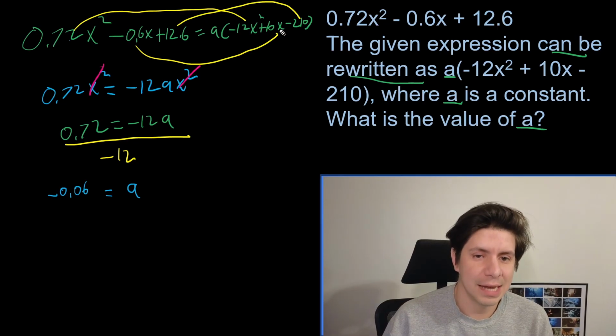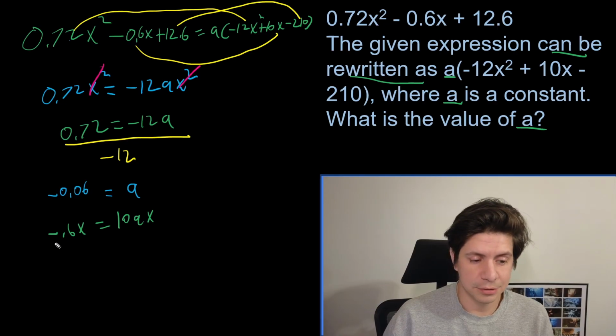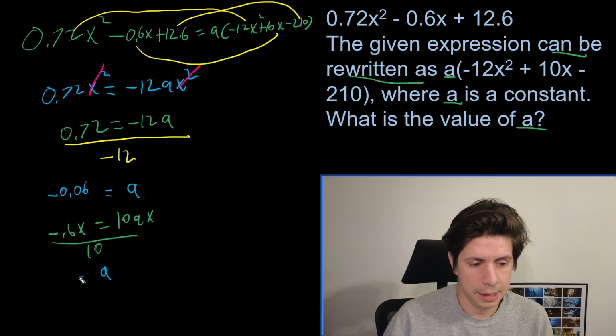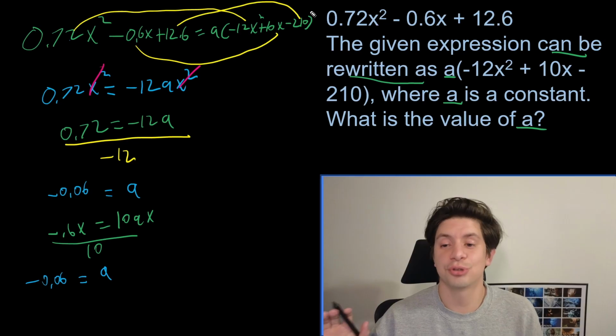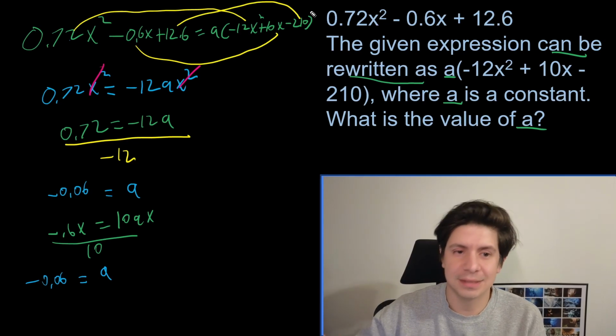If you did it with 10, it'll be like this. Look, negative 0.6x equals 10ax, and then the x's cancel. You divide by 10, and you get a equals negative 0.06. And you could do it with c too, but I'm not even going to do that because you should just trust it. So what you want to take away from this, right, is follow the basics, setting things equal to each other,